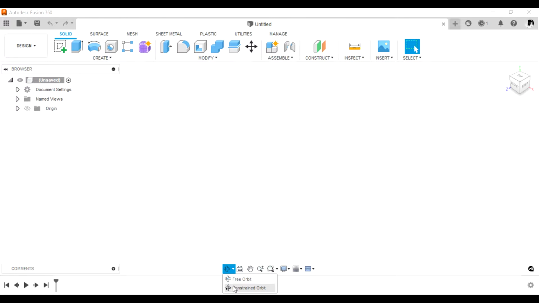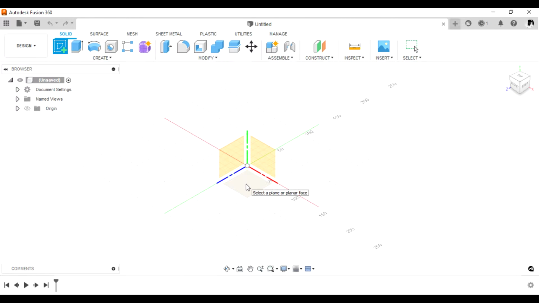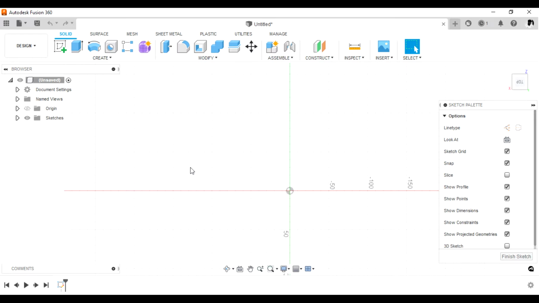By default it comes this way, so I'll just go ahead and change it to free orbit so that you'll be able to pan around through the canvas here. So go click create sketch. Once you click create sketch, then you can choose this bottom plane. Once it loads,